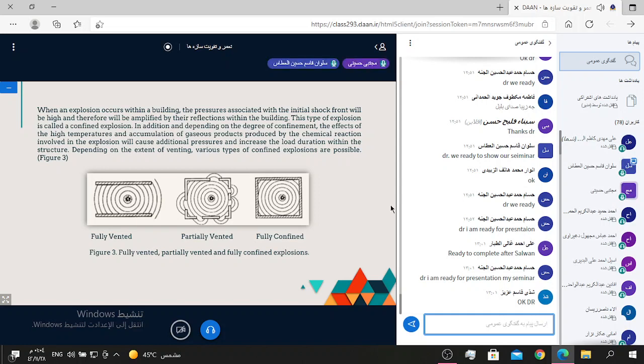Figure number 3: first, fully vented. Second, partially vented. Third,